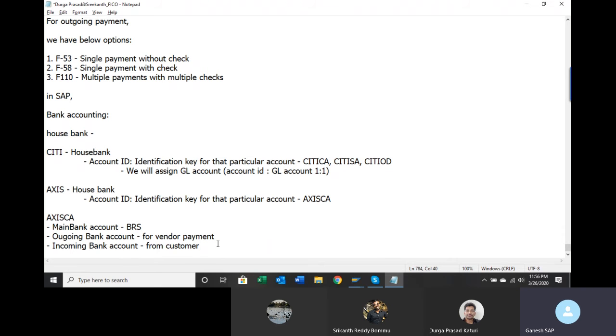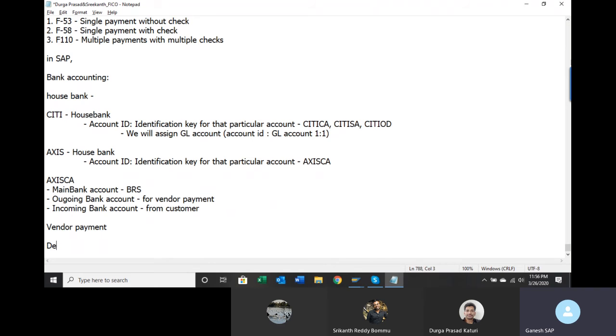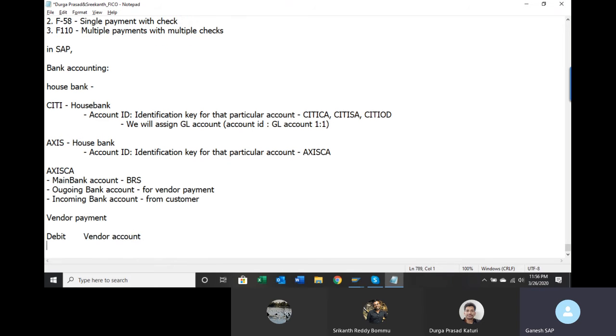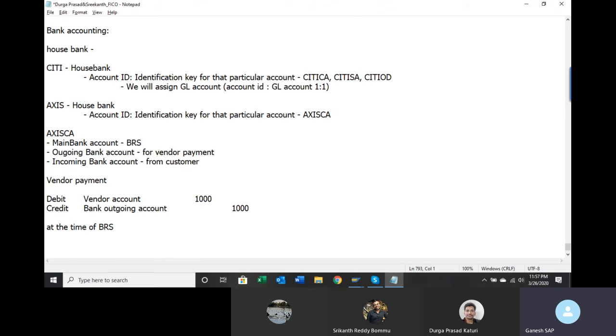Okay. So what happens? For example, when you make a vendor payment, debit vendor account, credit bank outgoing account, say 1,000. This is at the time of payment. But at the time of BRS, the bank outgoing account was already credited, right?